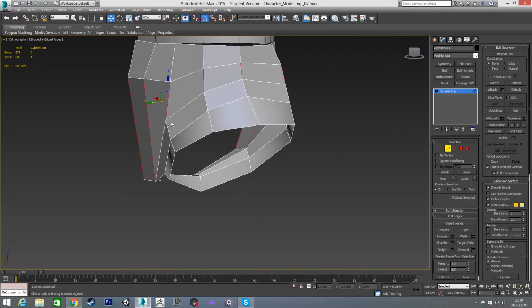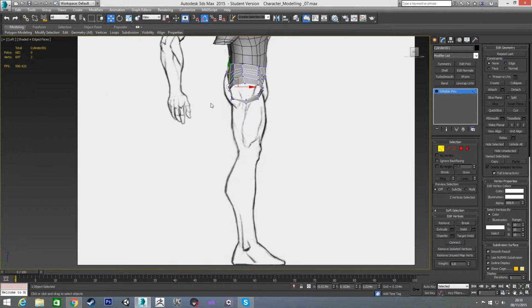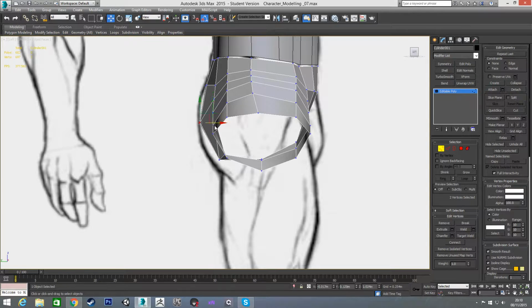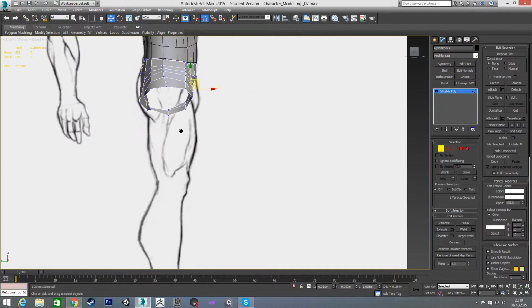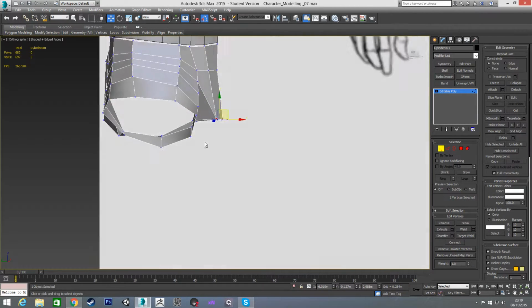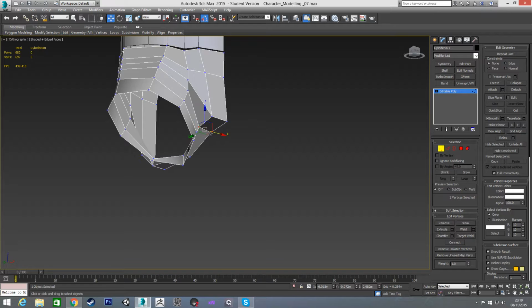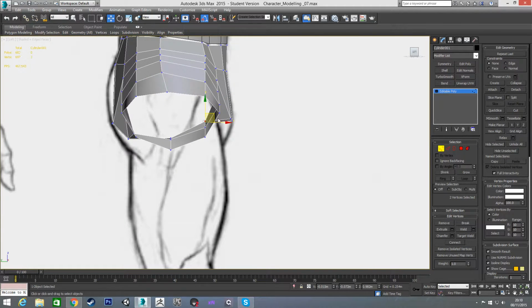So again, I'm going to add another connection and just start to shape out this bottom area a bit better. So maybe pull this down to here, and then on the front pull this out to here, and then these two vertices here are going to create the kind of join onto